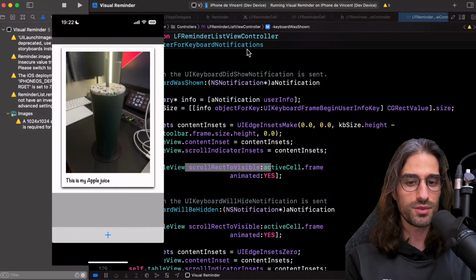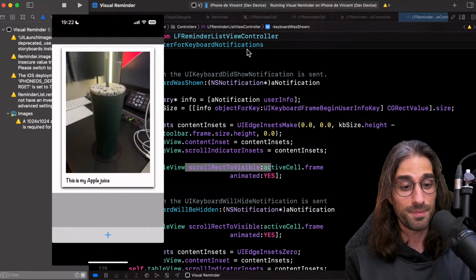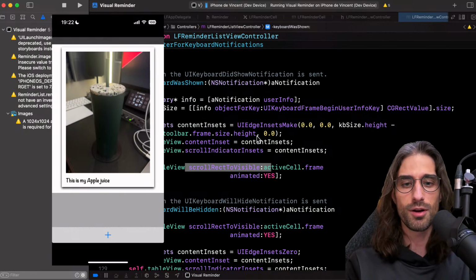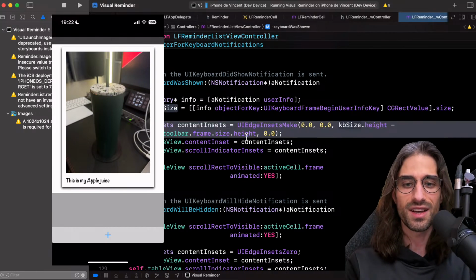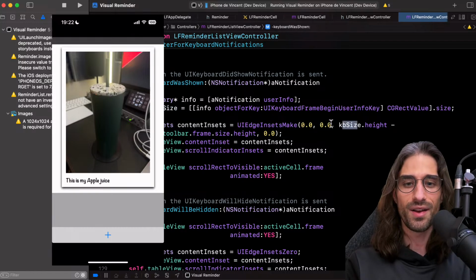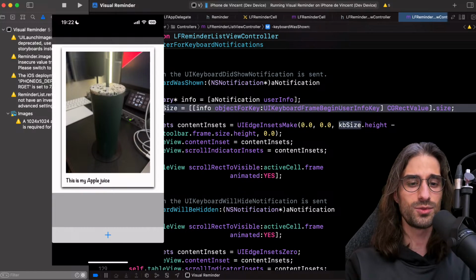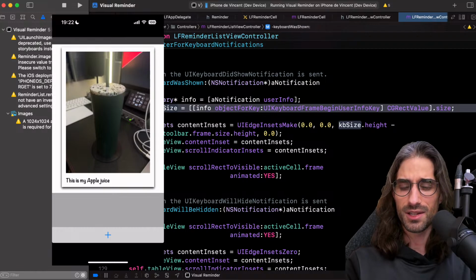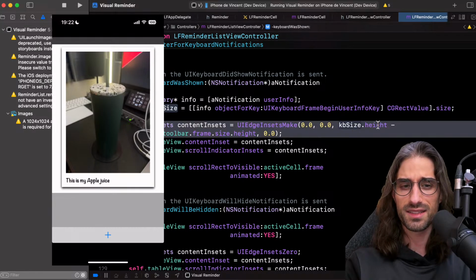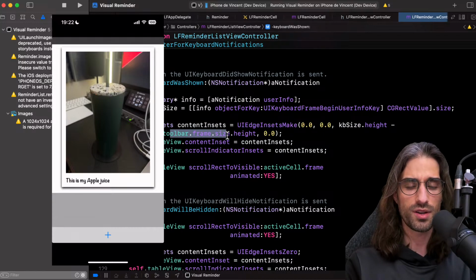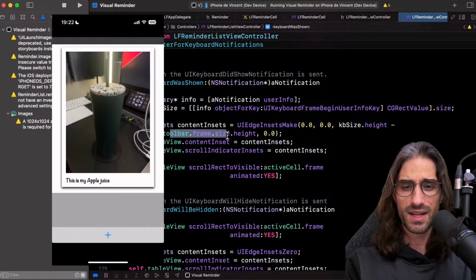Back then, I had gotten the code to work. But of course, now with the safe area that is not supported, it doesn't work anymore because I had hard-coded a few things right here. Or at least I was not taking everything into account, because what I do is I take the height of the keyboard minus the height of the toolbar, but I don't take into account the height of the status bar, I guess, or something like that.